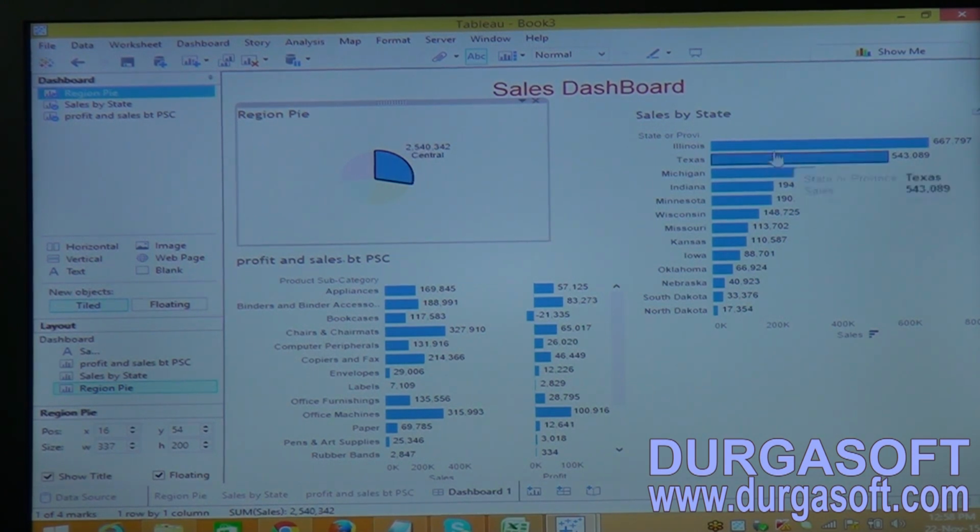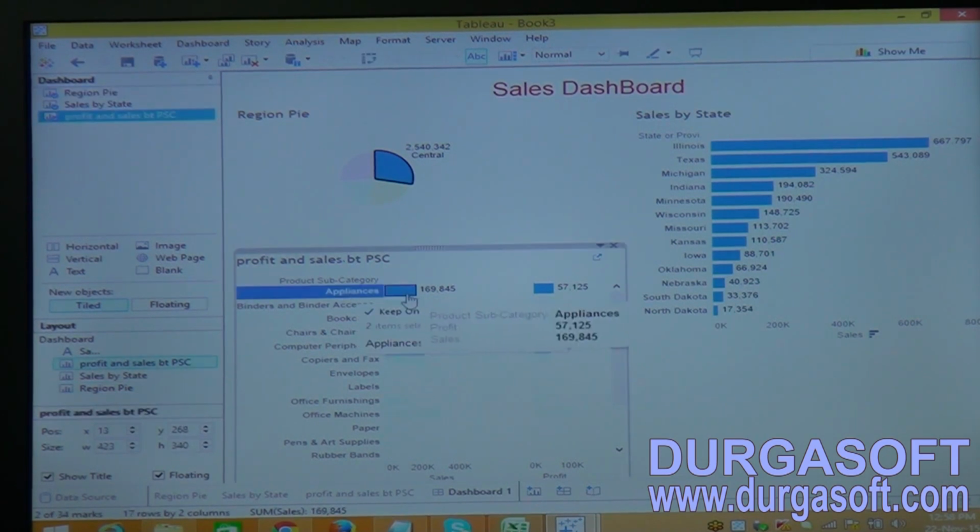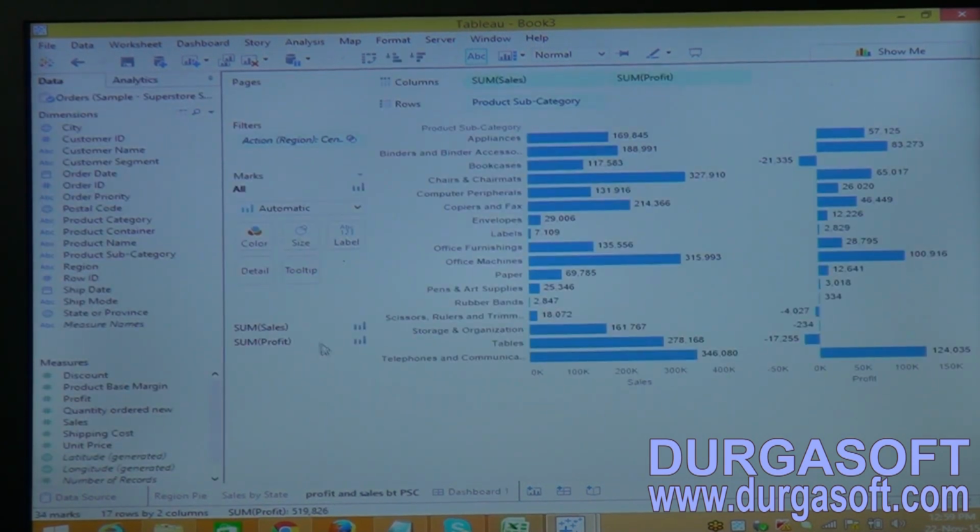See this, now state also filters the data and displays the central region's data. Here, appliance total sales is 1,69,000. To understand this, let me go to the product subcategory and drag the regions onto the label and the tooltip.